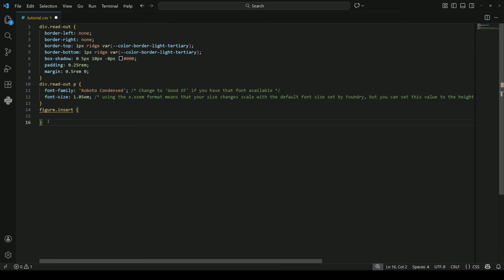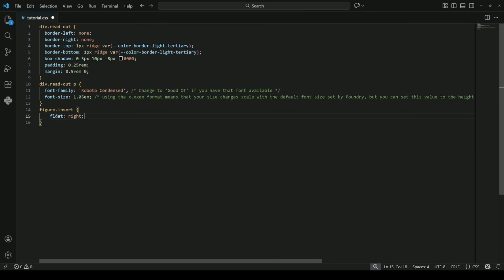In Visual Studio, if you hover your cursor over the first line of your style rule, you can see what elements it will affect. So if we hover over figure.insert, you can confirm that it will apply the rules we're going to write to any figure elements that have the class insert. We're going to start by setting the float of the figure to right. This will make the items in the figure container appear on the right side of any other elements, like a